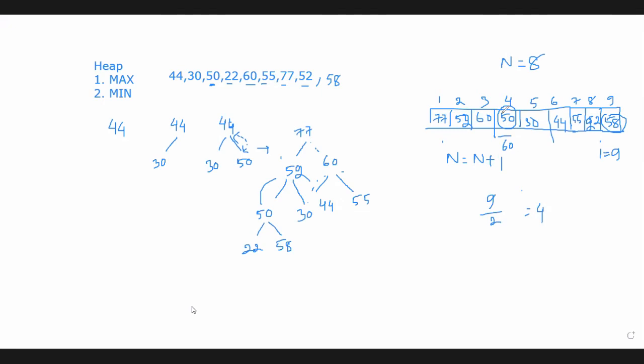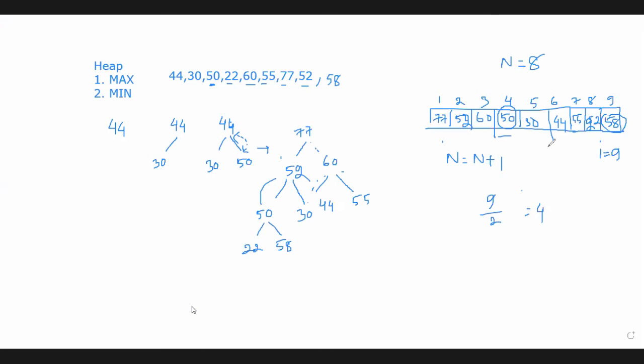But in this case, the parent node is smaller than the new node 58. So at that time, we have to change their position. How? We are just assigning the value. What is the location of 58? It is 9. We are going to insert that node where? In the position of its parent node.